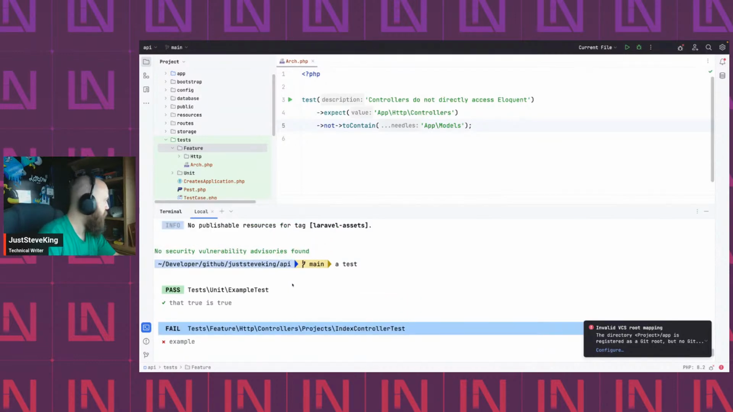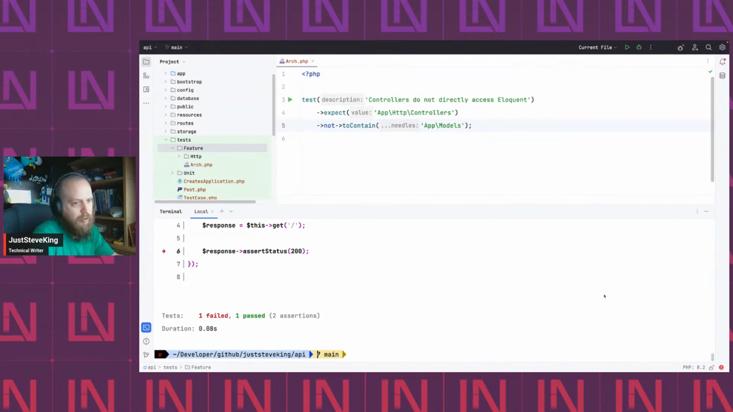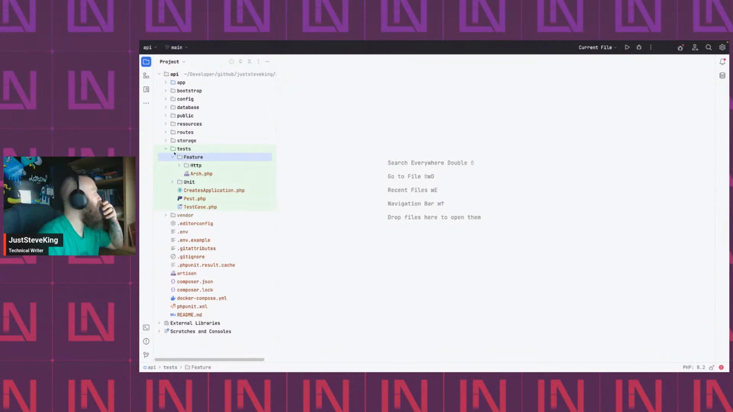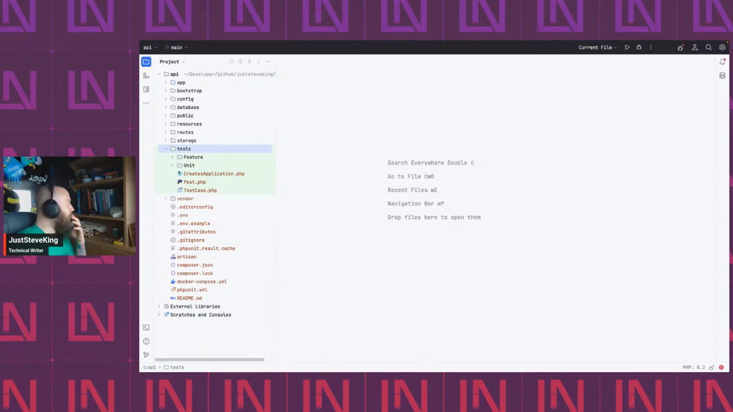Index controller test. Okay, maybe I should read the docs on this. I can't remember off the top of my head. What else can we look at? We can look at testing quickly. Let's have a quick look at